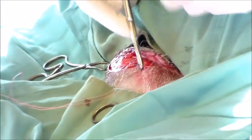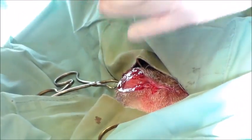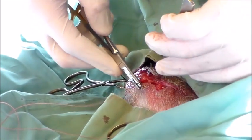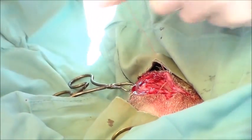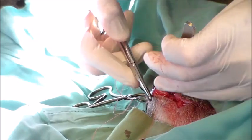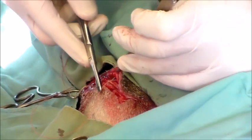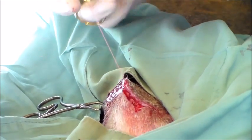Well, and see, for her, this is only in the skin, so we're not addressing all the deeper tissues, and that would be even more painful, right? Okay. We're not really going into the mammary gland itself at all. So it's just skin. So in that respect, it wouldn't hurt any more or less than a laceration here on her trunk, right? Okay. Of course, the sensory nerves are more concentrated in different areas of the body, so there is some difference, but...